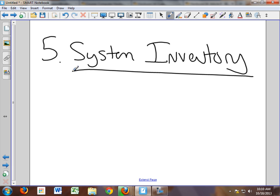Corey, why are you dropping screws all over the floor? I don't know. Okay,